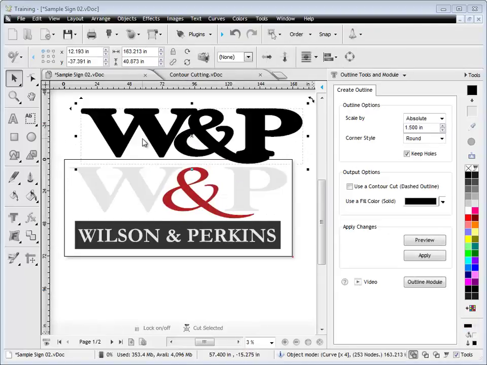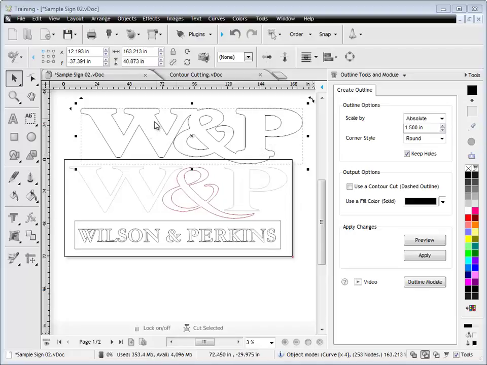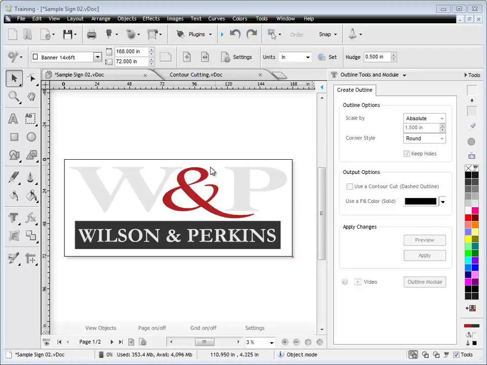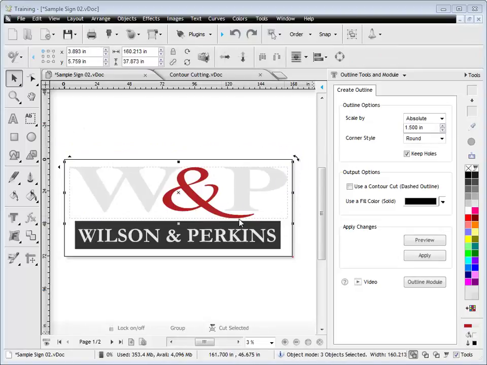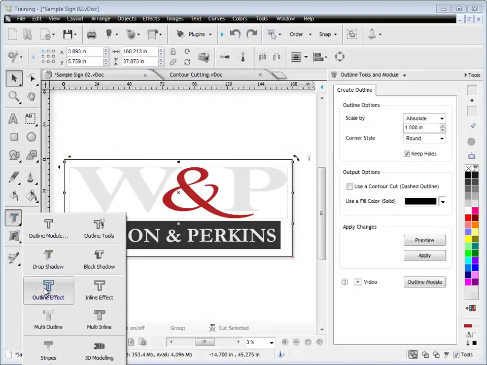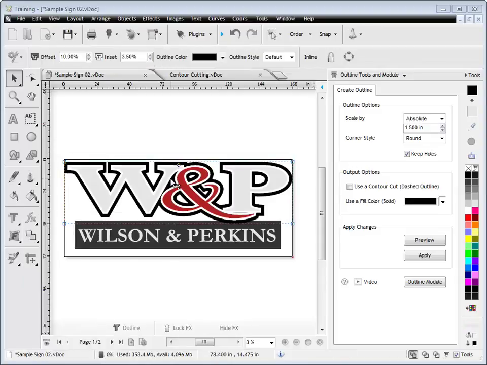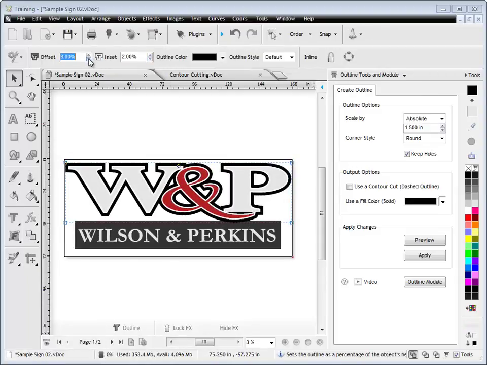Okay, the next thing I want to explain to you is the difference between this outline and the outline effect. As you can see, this is a solid shape that's been created. It can be edited, but it's just a solid shape. It's not dynamic. Once it's made, it's made. The outline effect, however, this is dynamic. You can save the job off and come back to this and change this effect and adjust it as you like